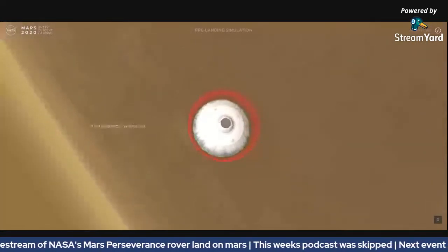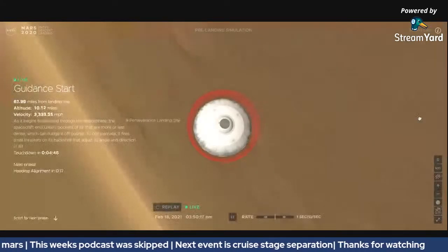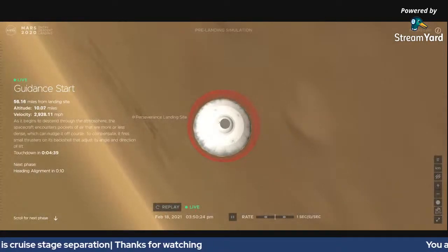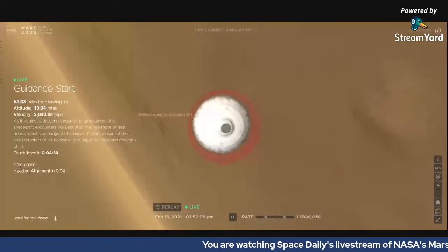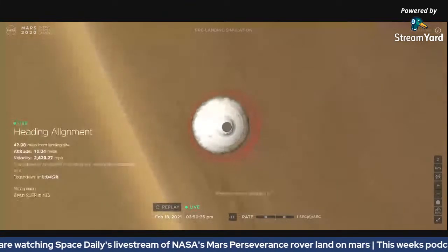Perseverance has just passed through the point of maximum deceleration and has indicated that it felt approximately 10 Earth Gs of deceleration, which is high. MRO has lock again. Heading alignment will begin in about 10 seconds. We saw a small outage of the UHF telemetry from Mars Reconnaissance Orbiter during that peak heating phase, likely caused